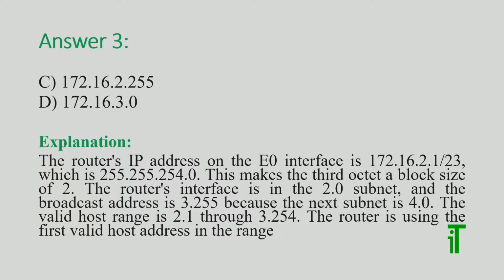All right, this makes the third octet a block size of 2. The router's interface is in the network 172.16.2.0. All right, and the broadcast address is 172.16.3.255. And the next subnet will be